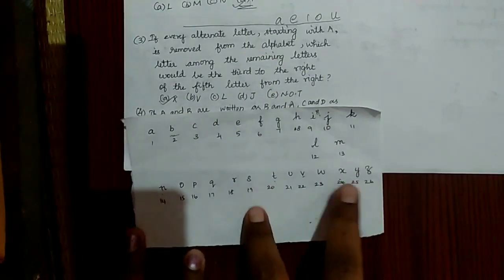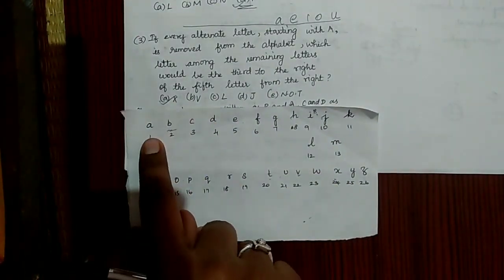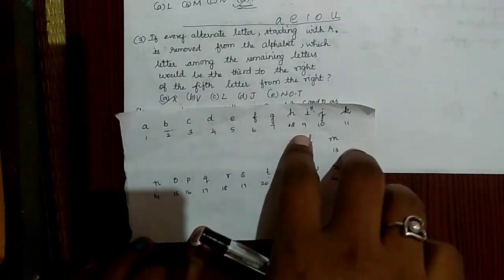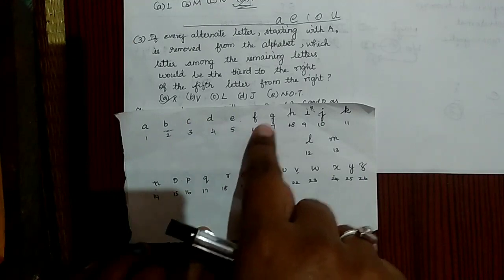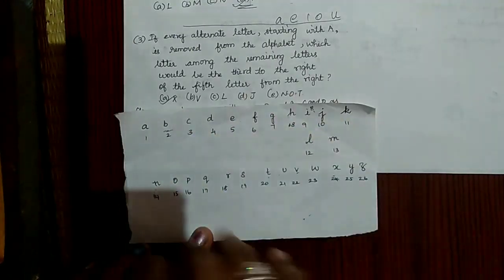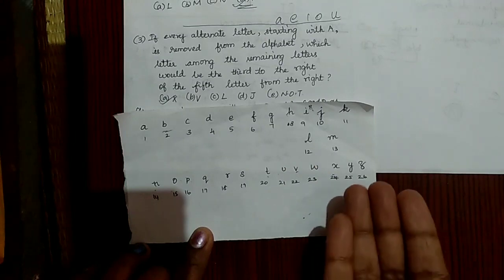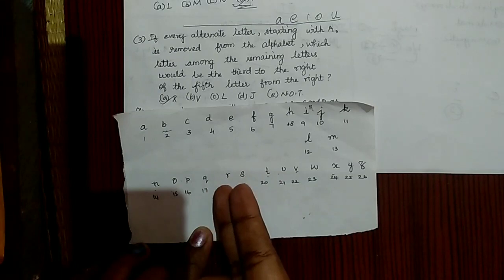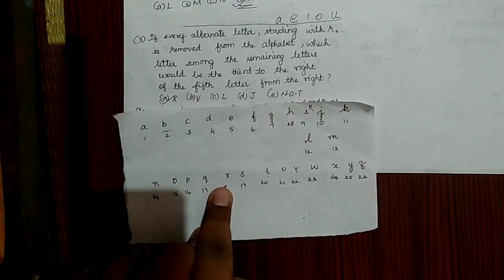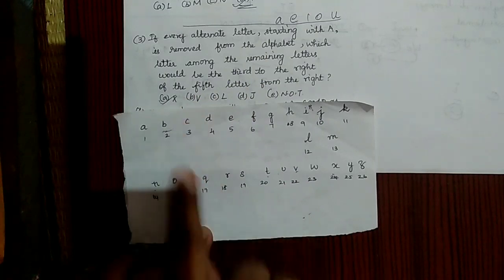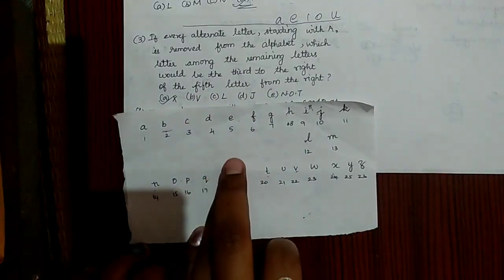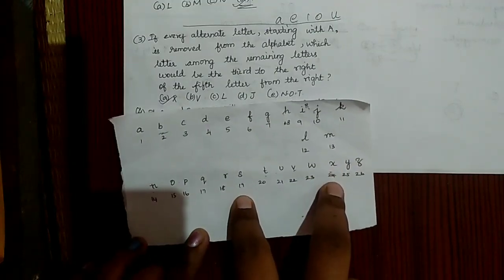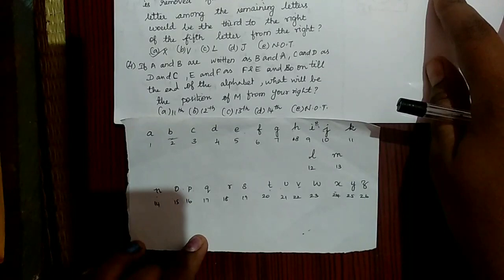I think you can understand what they are asking. If we remove the alternate alphabets A, C, E, G, what will remain is B, D, F, H, like this. And when we see from our right side, that is Z, X, V, T and R, our 5th letter is R. So the third to the right of the fifth letter, the third letter from our fifth letter, is T, V and X. X will be our third letter. So this is the question what they are asking, and let's go with the fourth question.